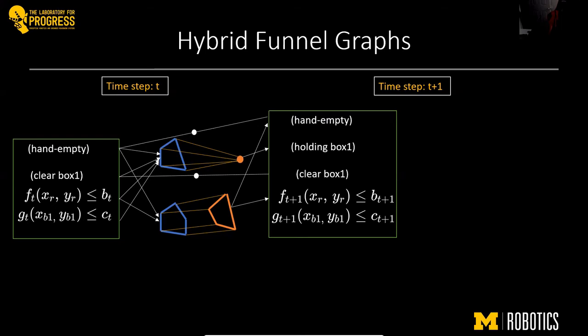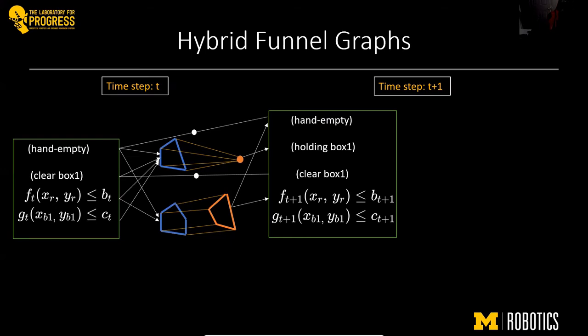So after building the state level, we then check if the symbolic goal propositions are satisfied by the symbolic propositions in the state level t+1, and if the continuous goal variable regions intersect the continuous regions in state level t+1. If these two conditions are satisfied, then we are done building our hybrid funnel graph, and we terminate the